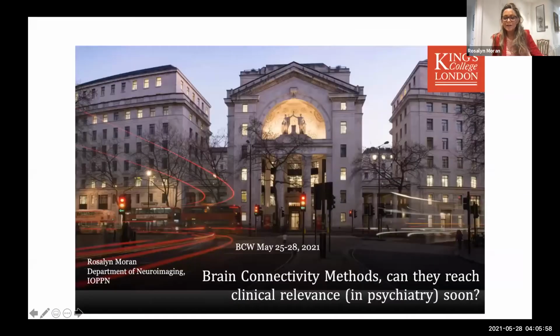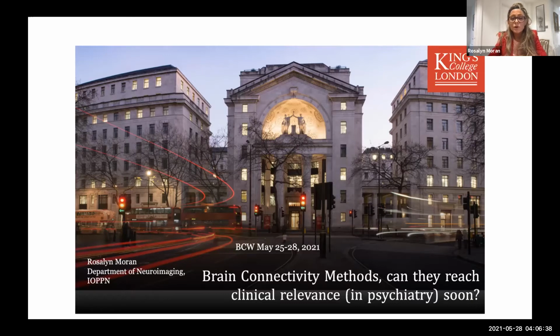And yeah, so today what I'd like to discuss in 3.5 slides and a few minutes is whether we can bring some of our brain connectivity methods to clinical relevance in psychiatry soon. And I guess the context is the global context of vaccines for COVID that we've been able to produce in record time. So can we put the same urgency behind the imaging and modeling methods that we're discussing here into addressing easy clinical questions, or maybe so-called easy clinical questions, or more deep clinical questions on the causes of psychiatric